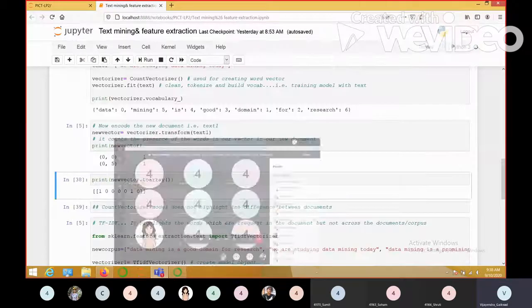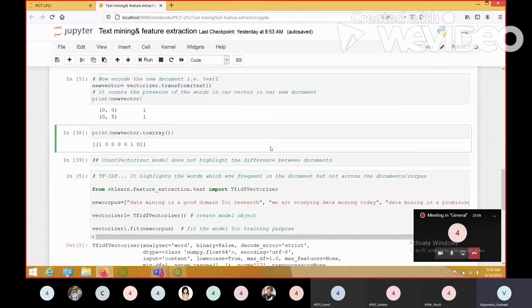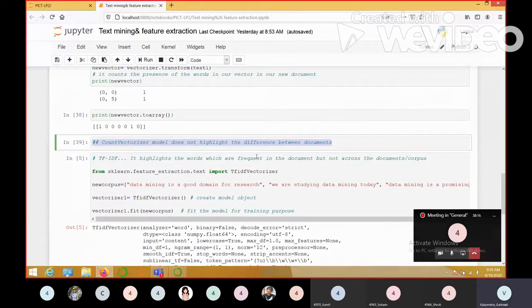So we saw one feature extraction model, that is count vectorizer. But as I told, and I have rightly mentioned over here also, the count vectorizer model does not highlight the difference between documents. This is very important. Please concentrate. The count vectorizer model will never highlight the difference between documents.